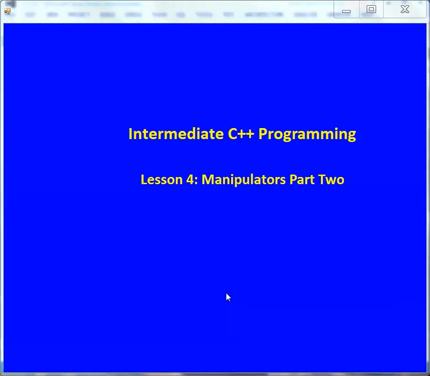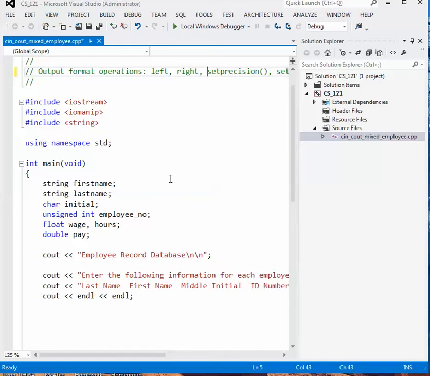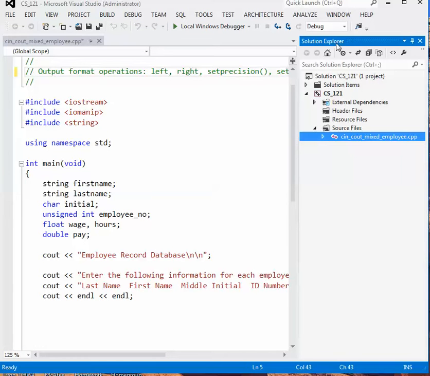In this lesson, we will continue to look at manipulators. Beginning with a program that's already partially written, I have increased the resolution to 125% so that it's easy to see. And over in the Solution Explorer, here's the name of the file that I have chosen to use. I'm going to close the Solution Explorer window so we'll have more room, more space to see the